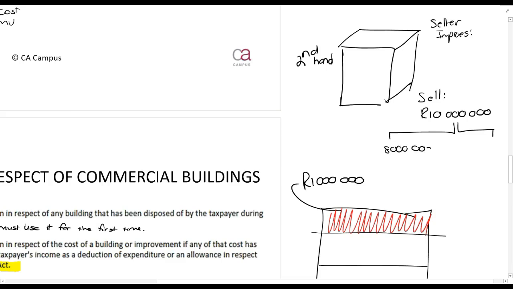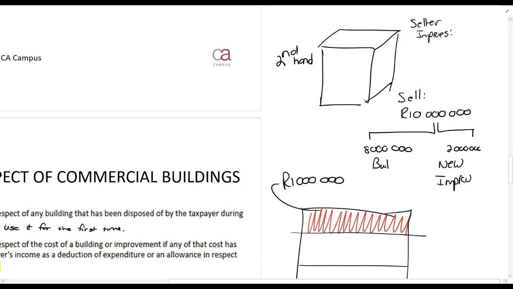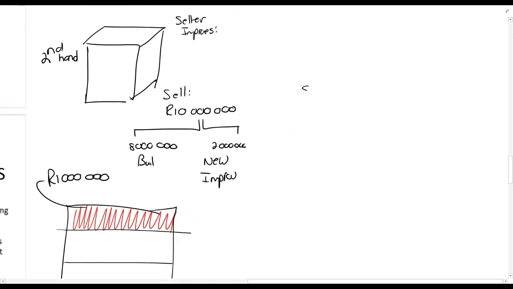It's 8 million rands for the building and 2 million rands for the new improvements. Now, in a situation like that, when you get to this allowance, on the building, so let's just call this 1 and this 2. On number 1, there will be no allowance because it's not new and unused. And on number 2, you'll say 2 million